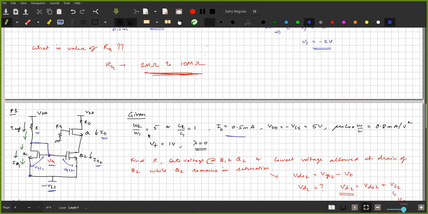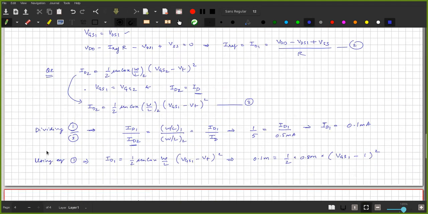So in fact, you are not steering the current. Your ID2 is actually a mirrored current of I reference, which is same as ID1. And the formula for that is this. This is your actual formula. So what we have basically done is we have derived the entire thing. Then I found the value of ID. But it is not necessary, if you remember this, it is fine.